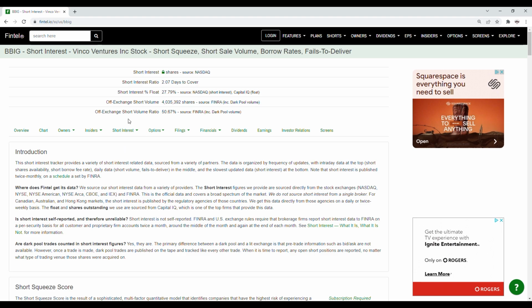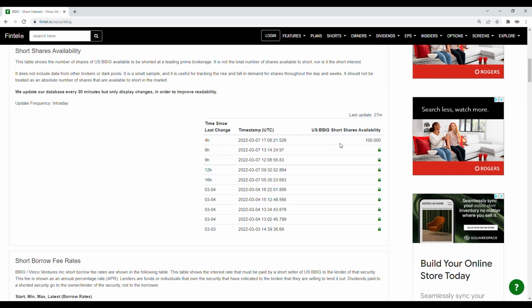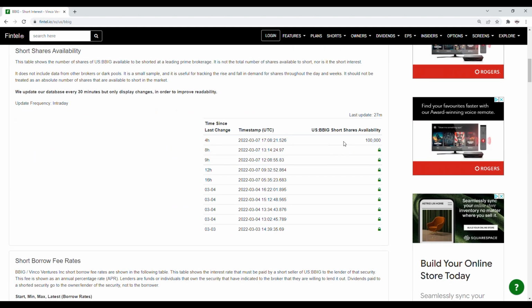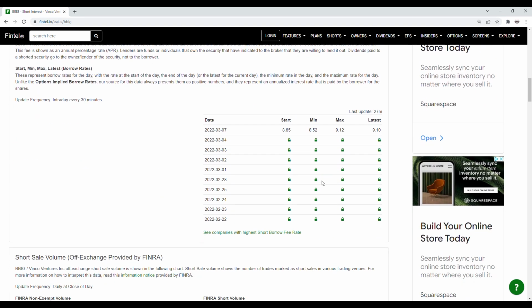So for the off-exchange short volume ratio, it is at 50.67%. And then for the off-exchange short volume, it is just over 4.03 million shares. Scrolling down further on the page, the short shares availability is at 100,000, updated 27 minutes ago. And then for the short borrow fee rate, we could see the latest being at